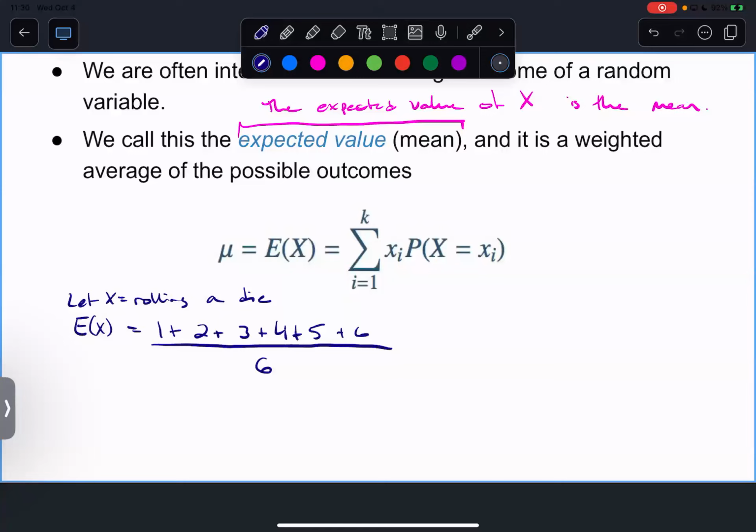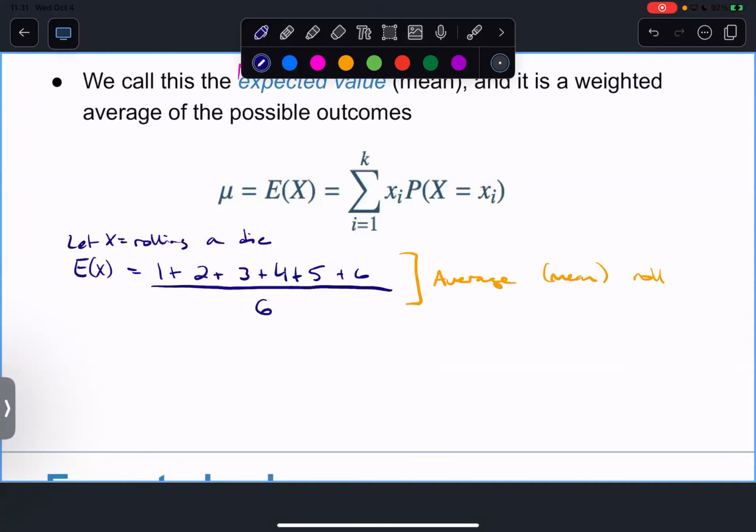That's just the average of the rolls. This is where people get tripped up usually, because the expected value is usually not one of the options for the outcomes. Okay? So you kind of have to remove that notion. But here, what's this? This is the average or the mean roll. What is the average of this? 6 plus 4 is 10, 15, 20, 21 divided by 6 is